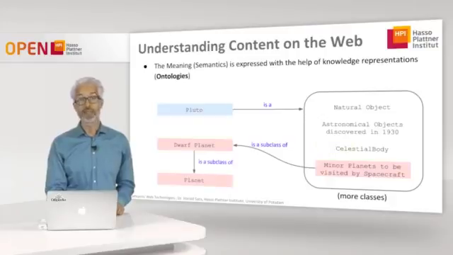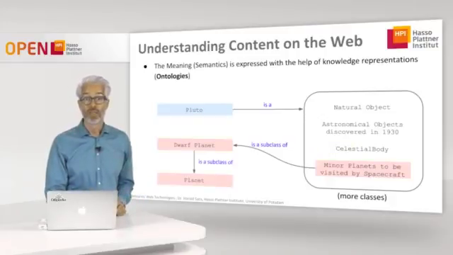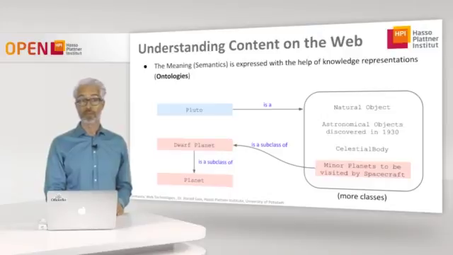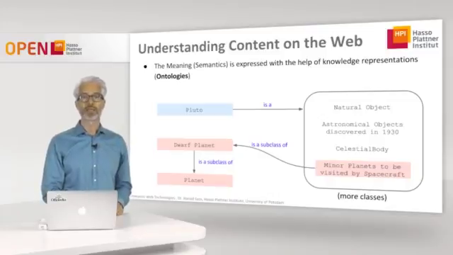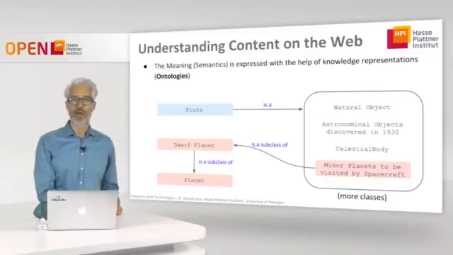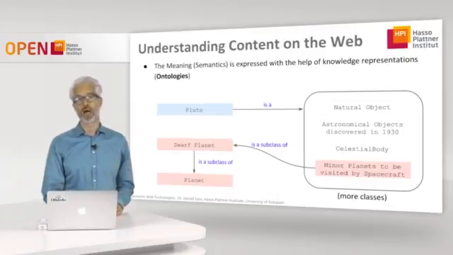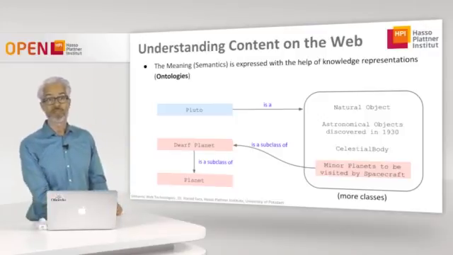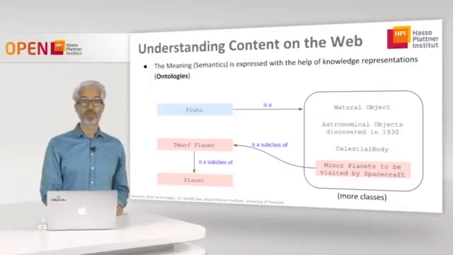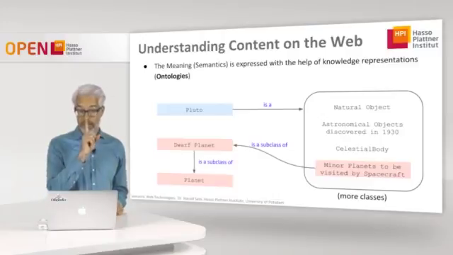So what else do we have? For example, we know that Pluto is a natural object, or we say Pluto is an astronomical object discovered in 1930, it's a celestial body, or it belongs to a class called minor planets to be visited by spacecraft, or already visited now. The point is, if this last class here, minor planets to be visited by spacecraft, is a subclass of dwarf planets, and we know that dwarf planet is a subclass of planet, we can deduce new knowledge, implicit knowledge, hidden knowledge, from this explicitly available knowledge.